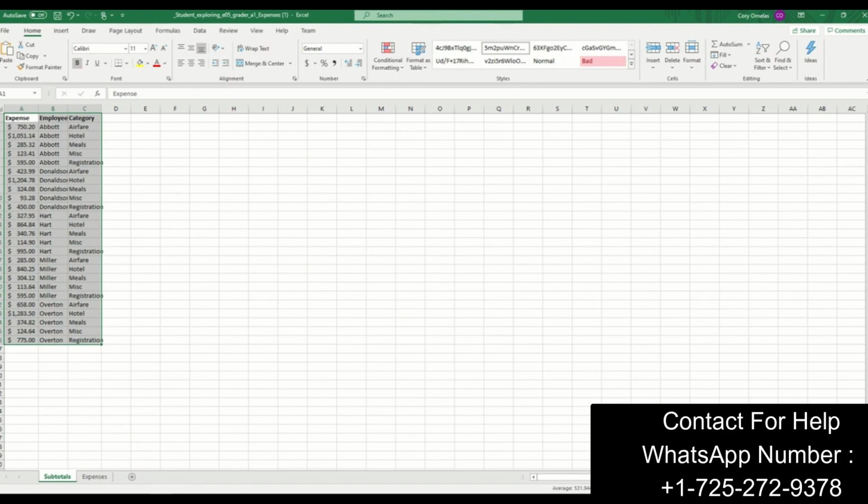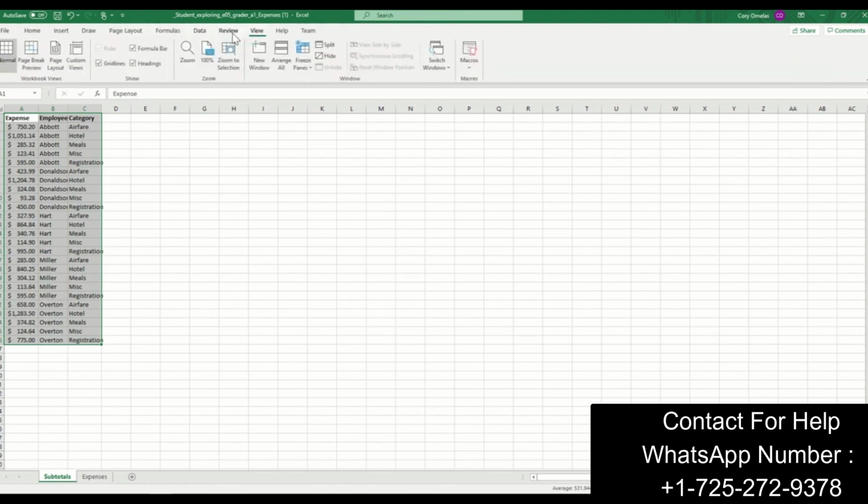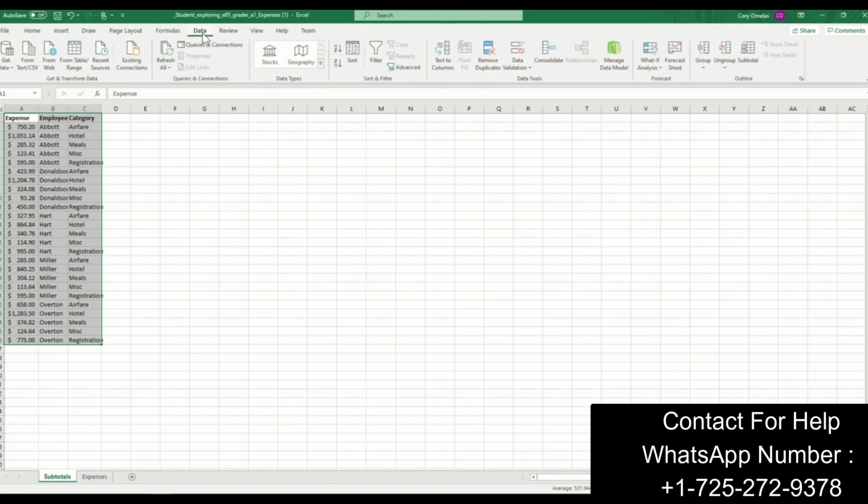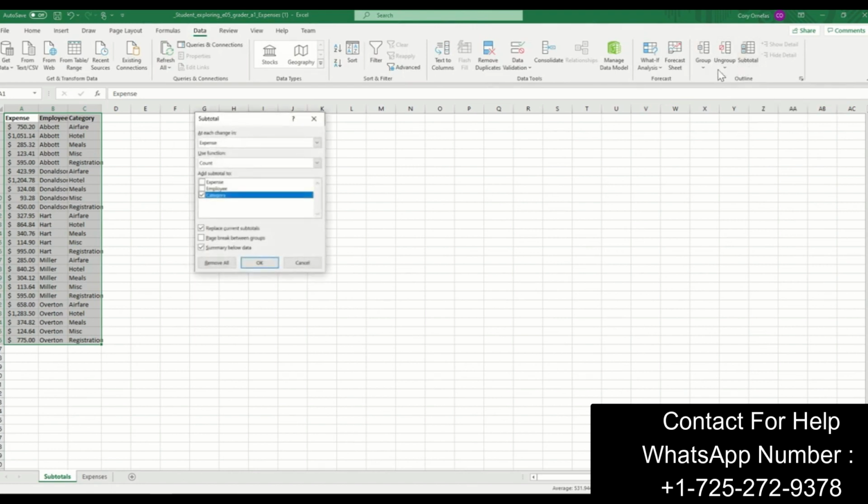So step 3 says use the subtotal feature to insert subtotal rows by employee to calculate the total expense by employee. So this one's worded kind of weird. So let's think it through word by word, and we'll figure out the steps. Let's first start by finding the subtotals. And that is under the data tab, all the way at the end here in the outline group. So if I click on the subtotals button,